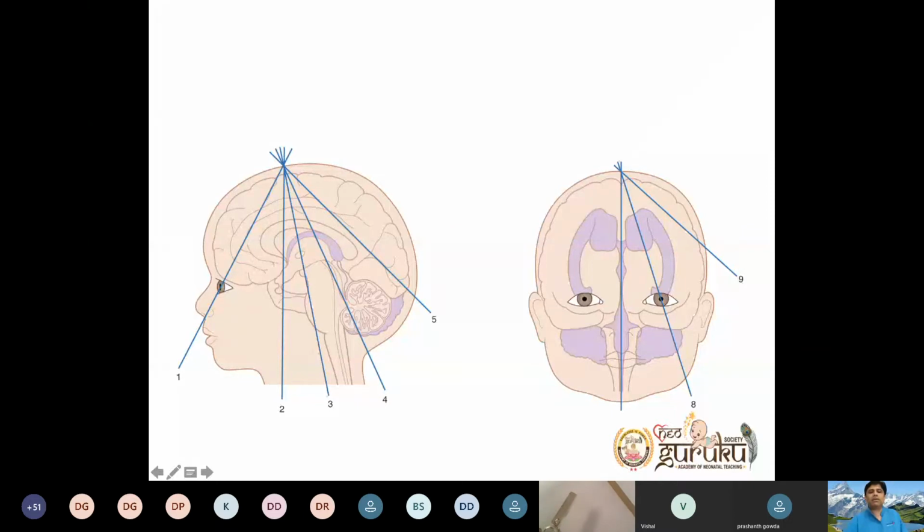Then you cut through the anterior horn where you see the 2 openings in the center of the brain, and below that you start seeing the structure. Then you cut on the body of the lateral ventricle, then on the trigone, then on the occipital horn, 5 or 6 images you can say, and then posterior to the occipital horn. So in first and last section, you don't see any opening in the cavity because you are cutting the section away from the lateral ventricle. Anterior horn anteriorly, occipital horn posteriorly.